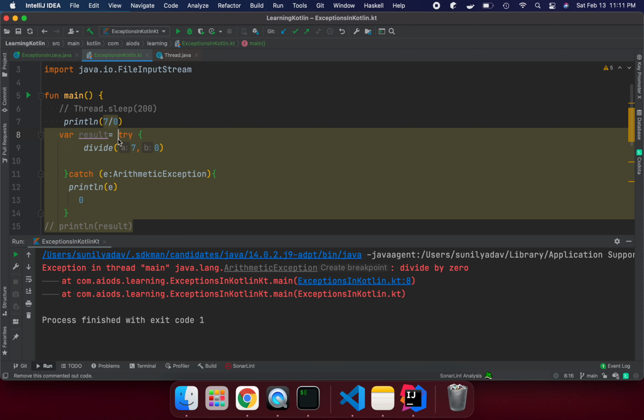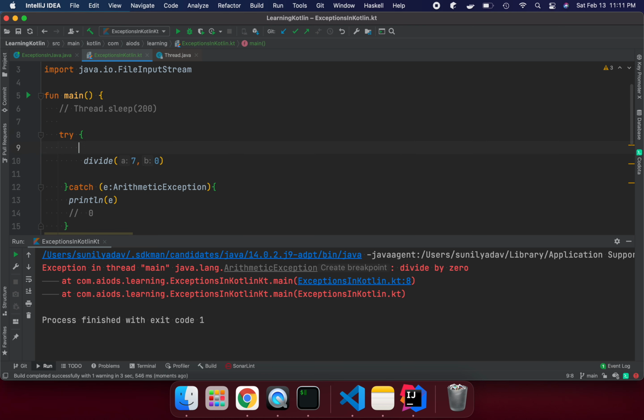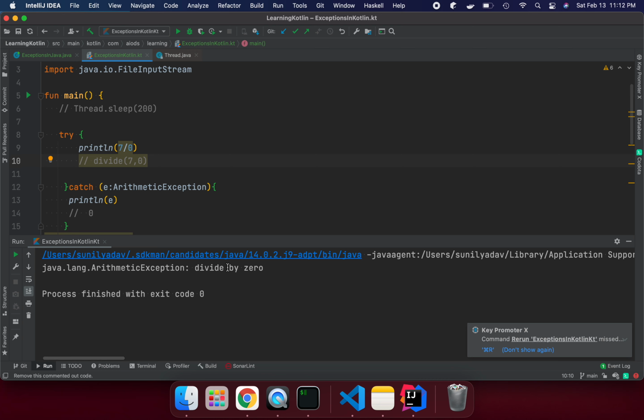I have written this one as an expression, but let's remove the result part and try to run this block of code. Now we are able to handle this exception, which is caught in the catch block, and we get the divide by 0 error message. This way we can handle it.